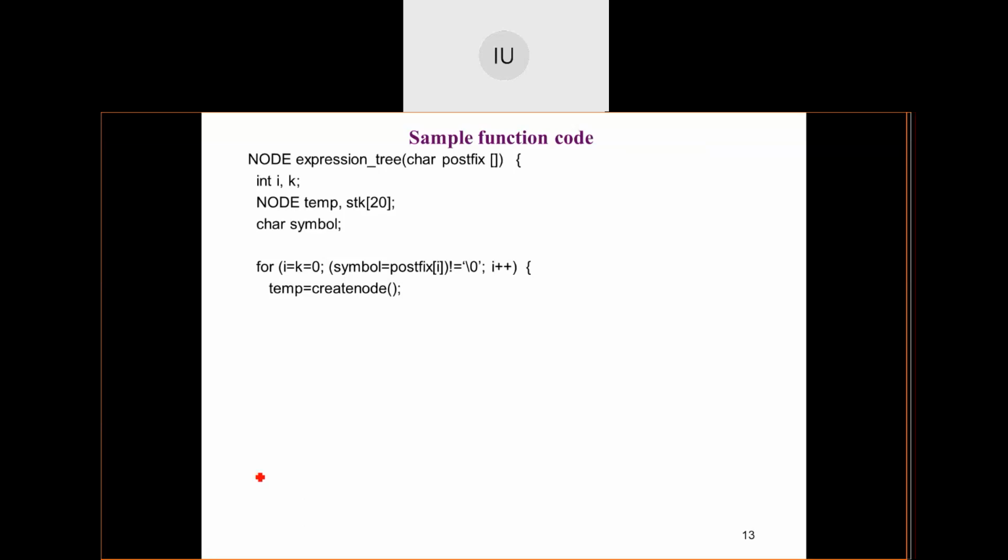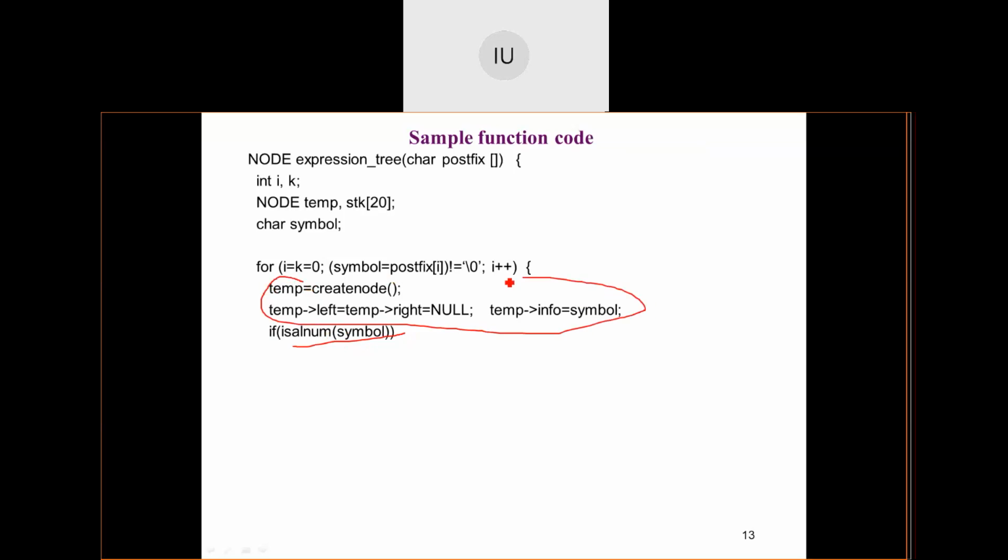If it is an alphabet or a number, I will create a node and push it onto the stack. Nothing else I'll do. So the first thing I'll do is isalnum, an inbuilt function available in ctype.h. Make sure that whatever temporary node you have created is pushed onto the stack.